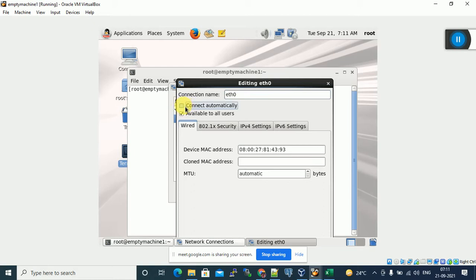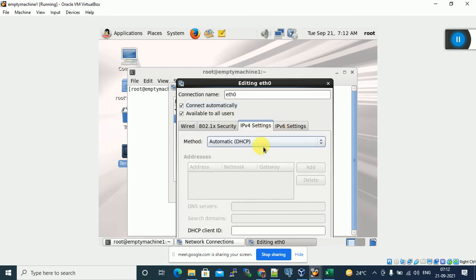By default it is not selected, so click on connect automatically, which means whenever you start the virtual machine, it connects and this network adapter starts in active mode. Keep a check on this box, connect automatically, and this one is selected by default, available to all users.